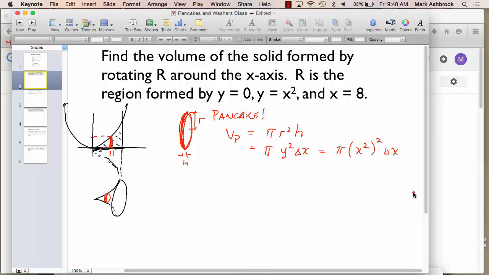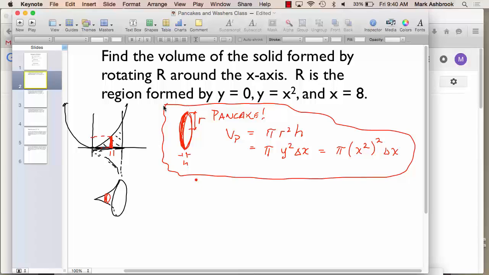So any typical pancake, vertical pancake here, has a volume of pi x squared delta x. And what are we going to do to get the total volume of the region? So this is our setup work. Put it in a box. So now the volume of the solid equals